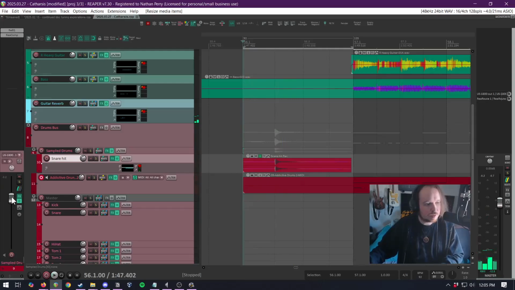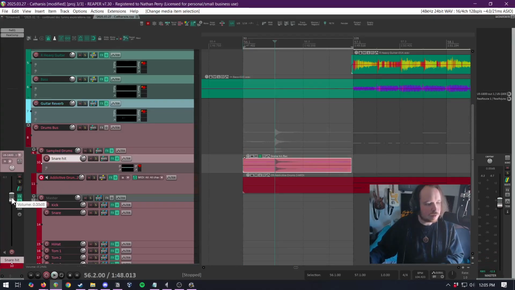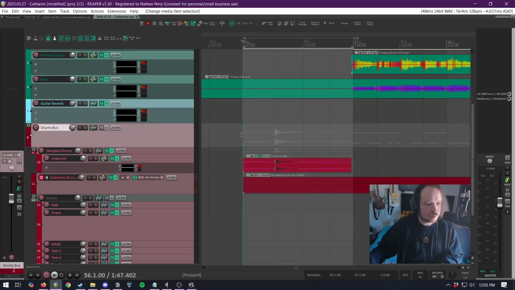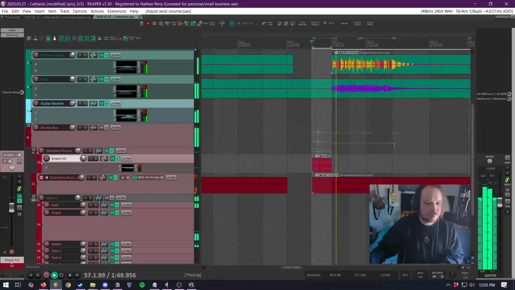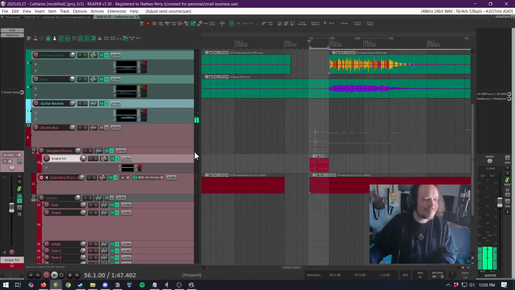All right, so it doesn't need to be that loud. The idea of what I'm trying to do though is like bring that down and then apply a reverb to it, or maybe I'll just send it to this guitar reverb for the time being, and then control how much of that goes. I don't know. Yeah, maybe that doesn't sound great, but that's kind of the idea though, is to kind of get this like,